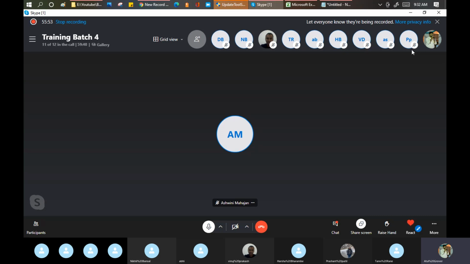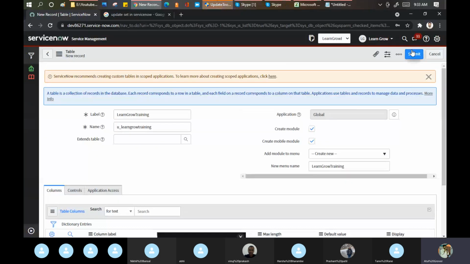We are considering any changes you are doing which you cannot achieve via the out of the box functionality given by the tool, then we are doing the customization. So in this case, I am creating a new table for my new application.